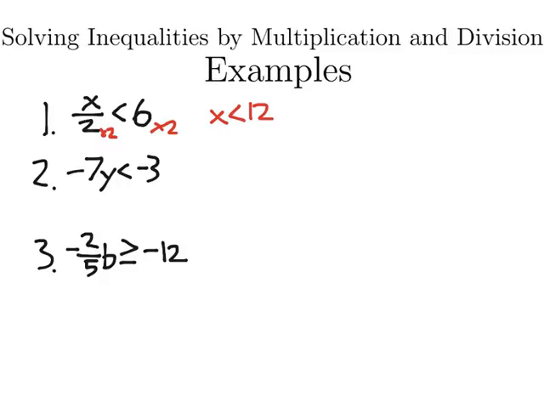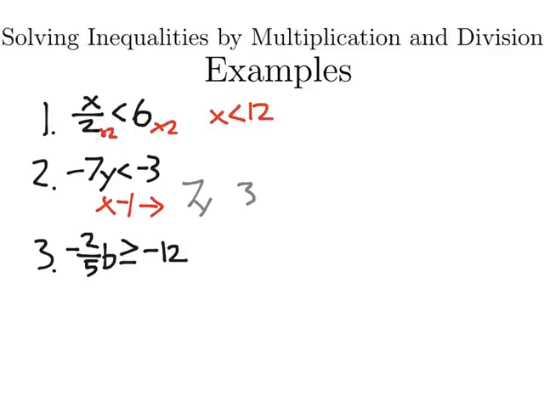Now let's move on to number 2. We have negative 7y is less than negative 3. It looks like this one we're going to want to multiply by negative 1 to begin with. So let's just get that out of the way at the start. So when I multiply by negative 1, that means that I flip the sign over, and I multiply everything by negative 1. So to start off with, multiplying everything I've got by negative 1,